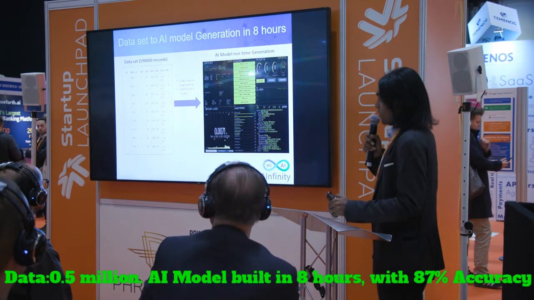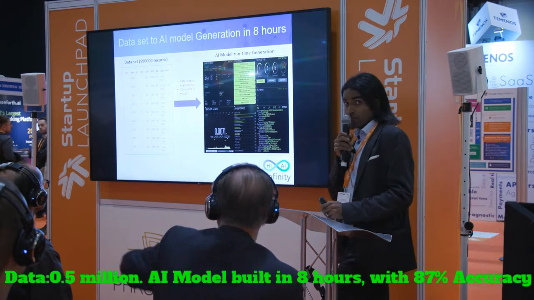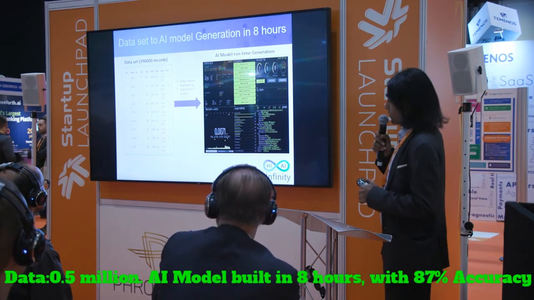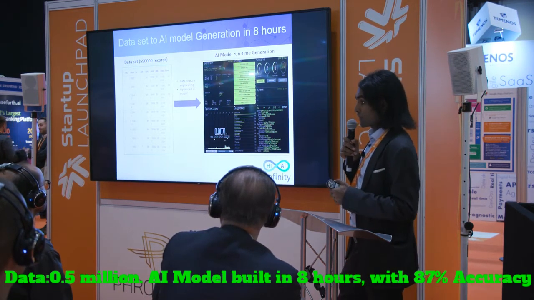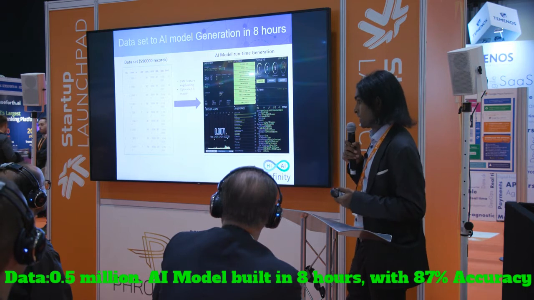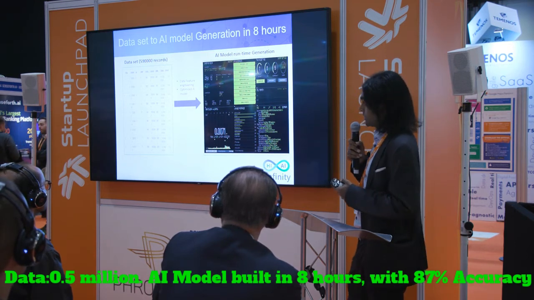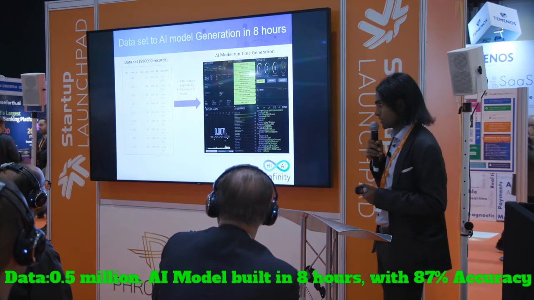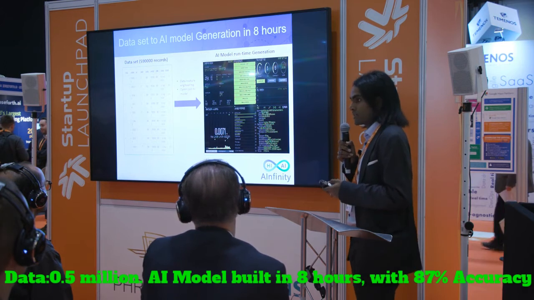We took a very high volume of data here, 590,000 records, and we could develop an AI model within 8 hours. The best model came from going through a lot of data simulations and algorithms, and this is where the power of our solutions lies. Traditionally, with any rule-based engine or software application, you cannot do that fast.